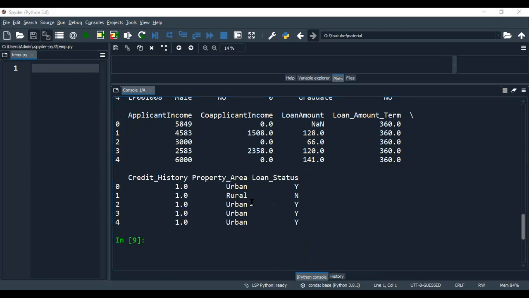Our main objective in this EDA is to find whether the bank will provide or sanction a loan to an individual or not. So that is our main objective. In order to carry this out, we can consider the loan status column as our dependent column, which is our Y dependent column. Now let us check the frequency of the loan status column. In order to do so, we will have a command like this.